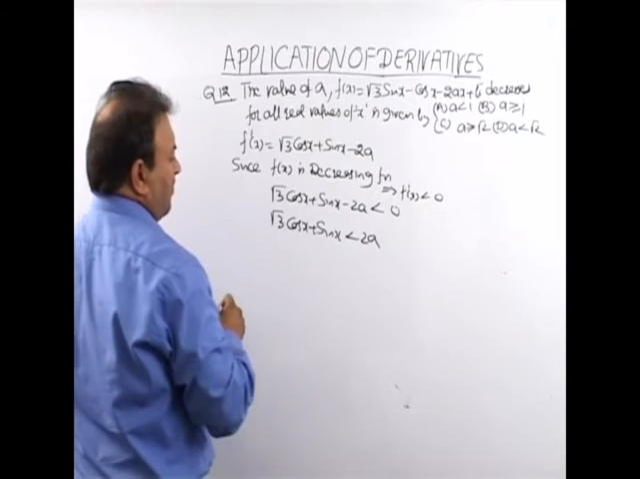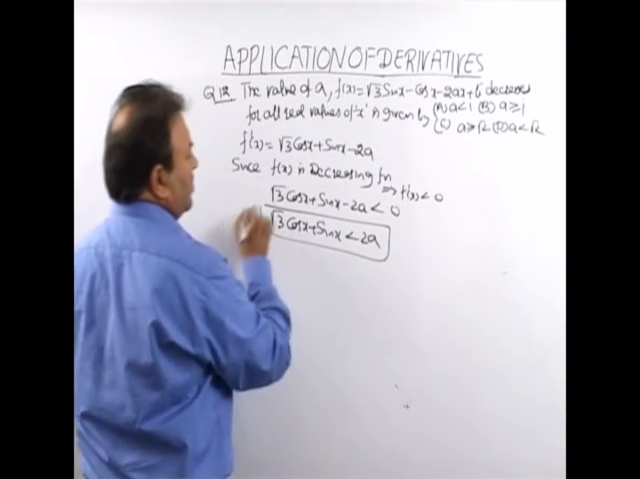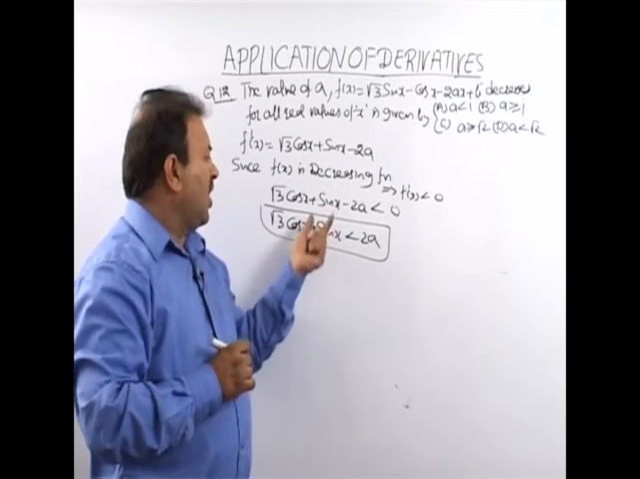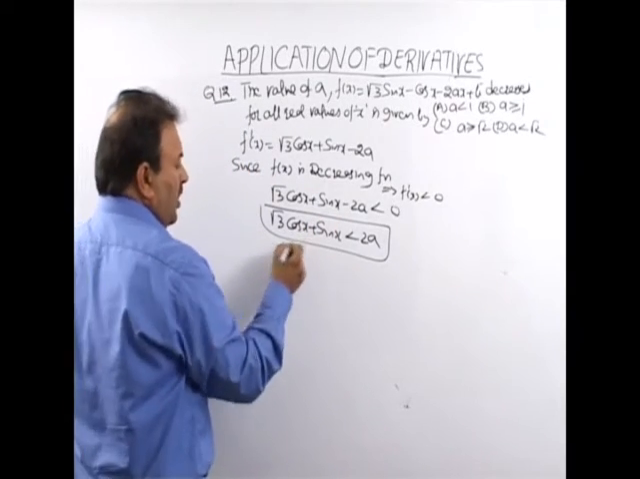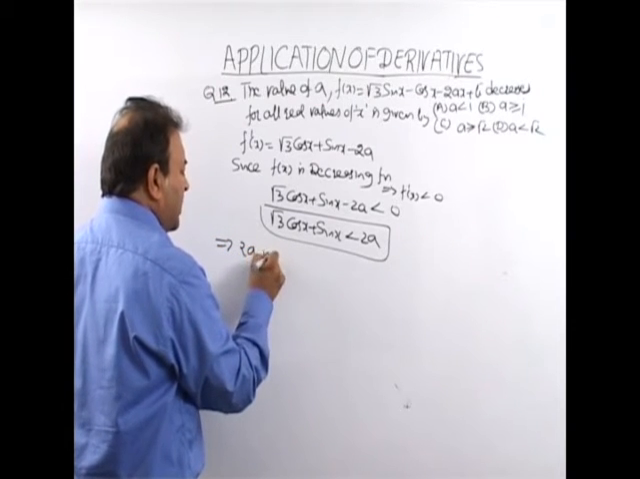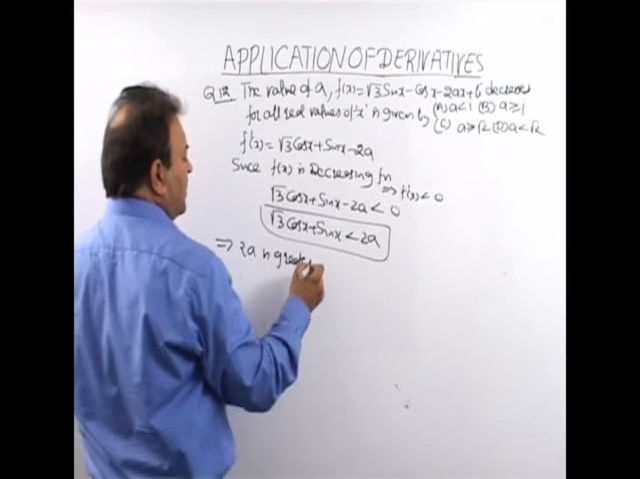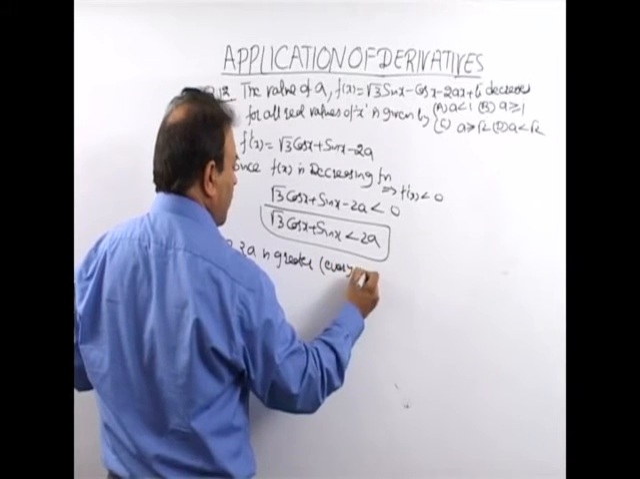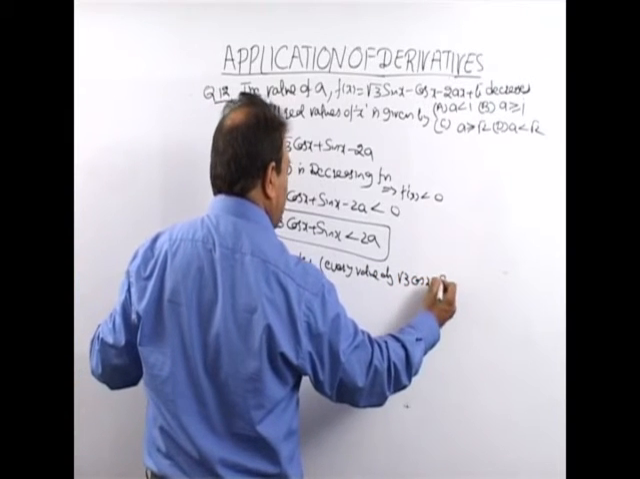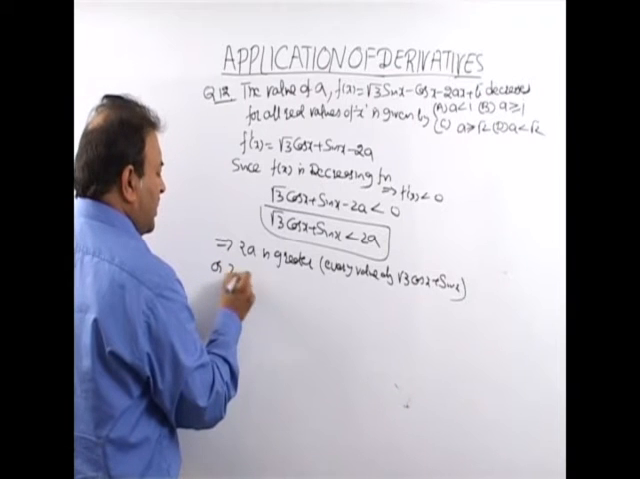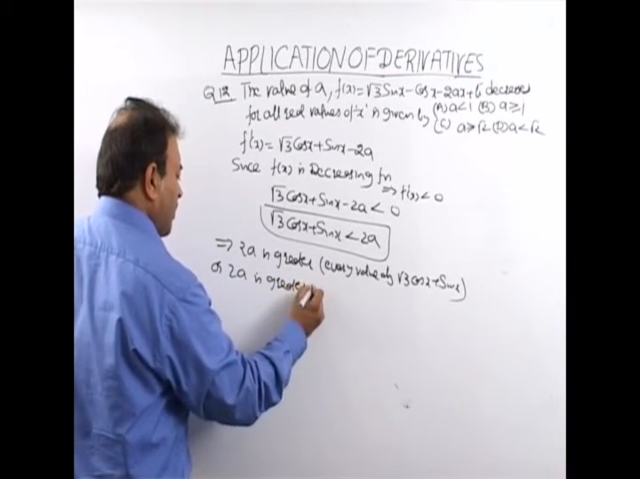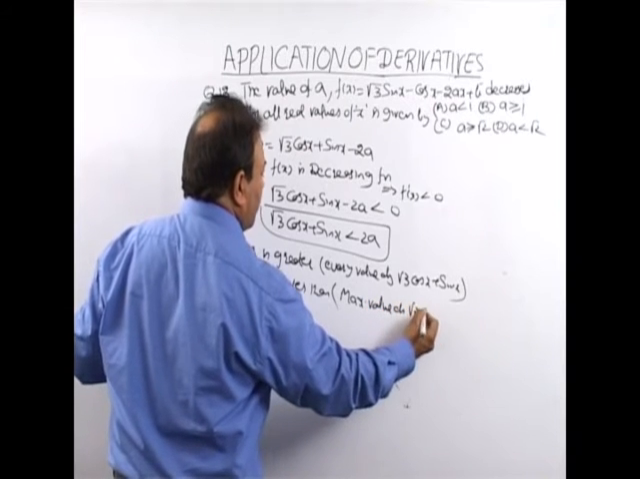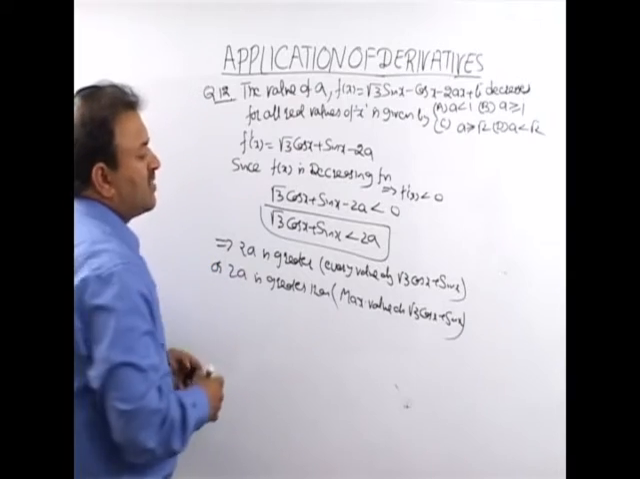What does it mean, इसका क्या कंक्लूड हुआ, यहां से मैं क्या कंक्लूड कर सकता हूं, बिकॉज हमें गिवन है f(x) इज डिक्रीजिंग, यदि f(x) डिक्रीजिंग है I will say f dash x is less than 0। Now this is less than 0, this is 2a, now I can say from here 2a is greater than every value of root 3 cos x plus sin x, or I can say 2a is greater than maximum value of root 3 cos x plus sin x।